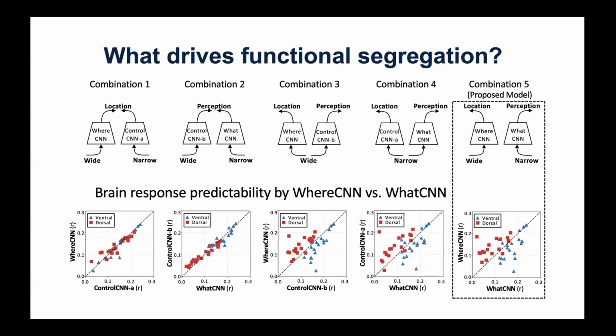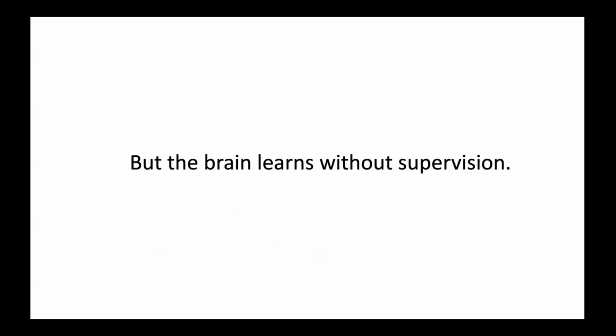So you can see that there's a consistent set of areas that are explained by one model versus the other. And we asked the question what actually explains this, because the models have two sets of differences. One is that they serve different goals, that's the learning objective. One is trying to figure out location, the other is trying to figure out perception, the object identity. The other difference is that they take different inputs, right? One is the broad view from the magnocellular retinal ganglion cells. The other is from the parvocellular retinal ganglion cells. So we did ablation studies. It turns out that different factors are the main drivers of why one model better explains the dorsal versus the ventral ROIs.